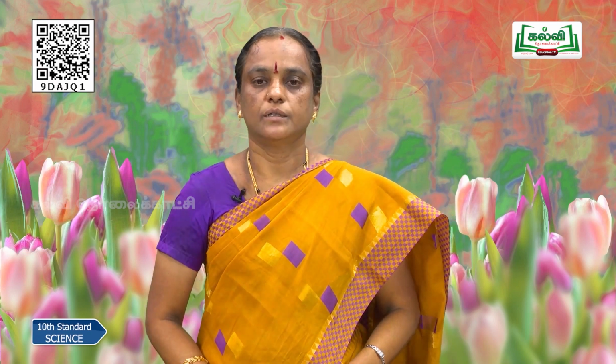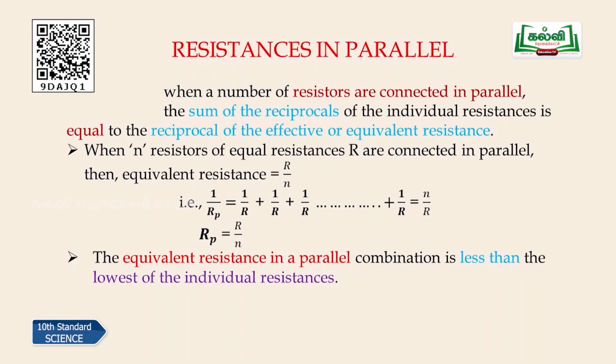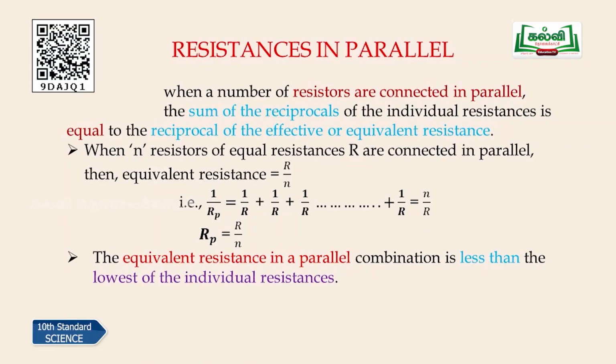Now we can go to the equivalent resistance in parallel combination is less than the lowest of the individual resistances. In series connection, what we have seen, greater than the greatest of the individual resistances we have seen, but here less than the lowest of the individual resistances. You have to keep that in your mind. The equivalent resistance is in a parallel combination. Okay, when we are summing up, when we get the final answer, the value is less than the lowest of the